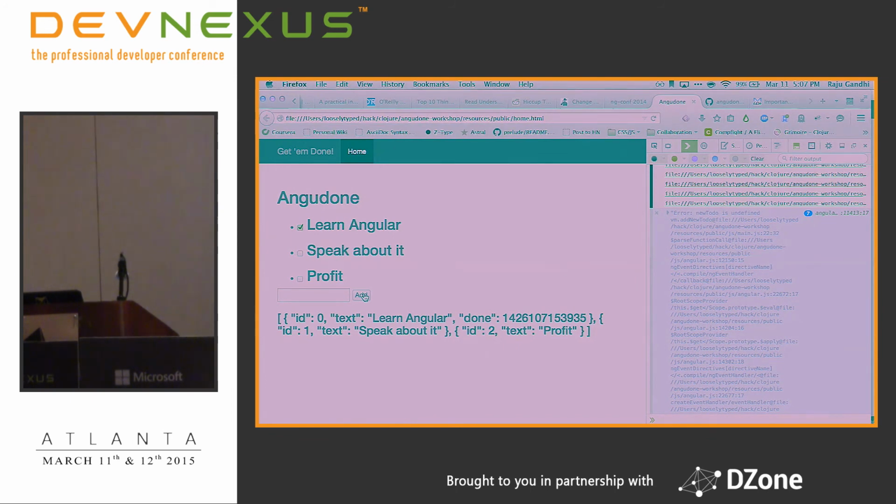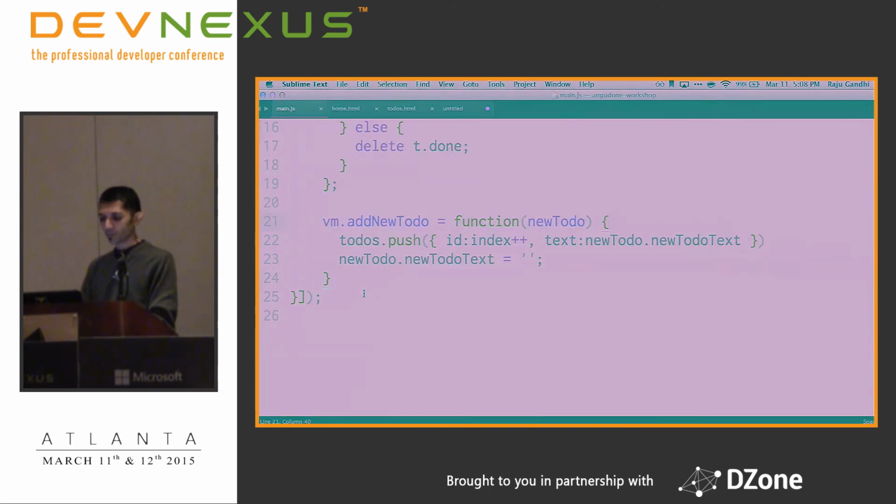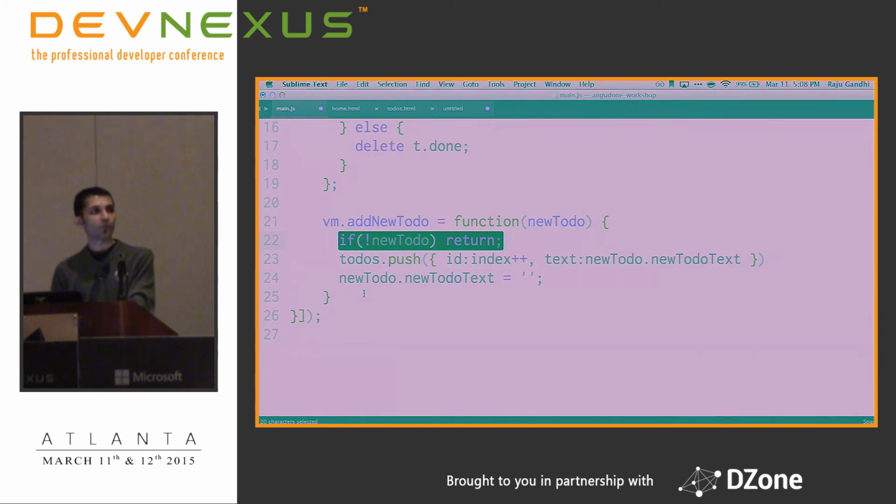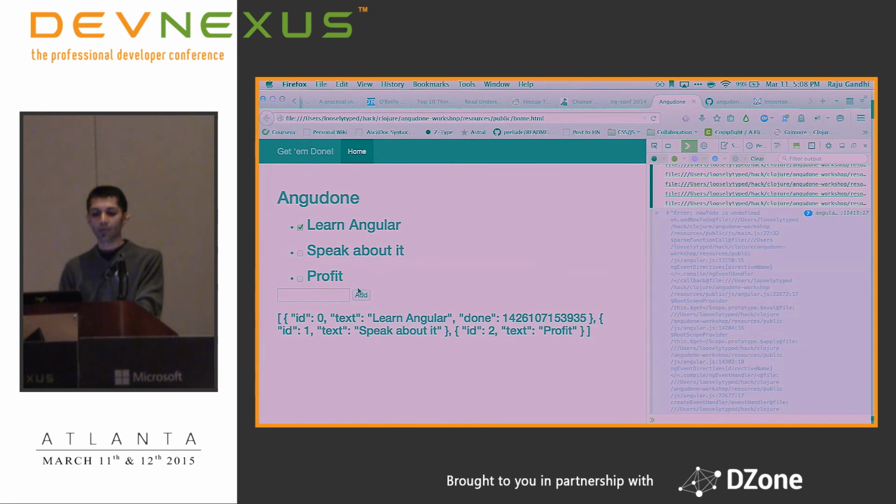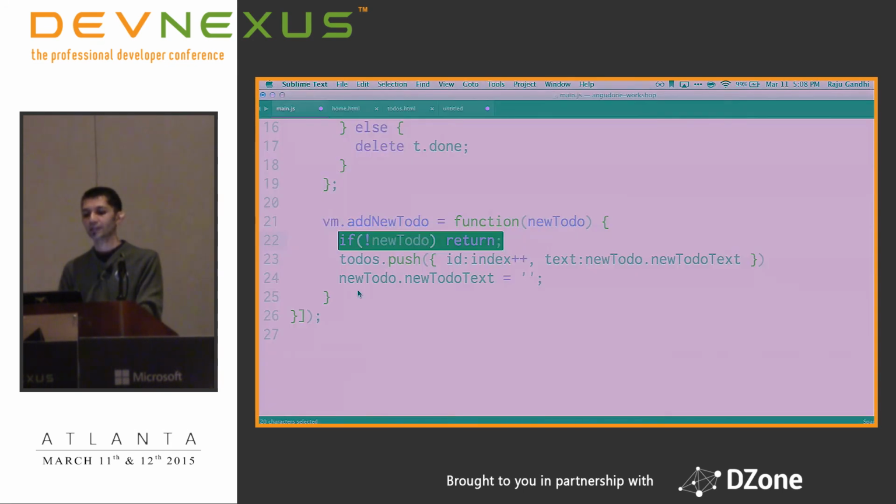Now, the use case here is if I were to do validation on this form, right? If I do validation on this form, what do I do? I could do what I just did, right? I could do something like this, right? If the to-do is not defined, then just return and the button doesn't do anything. But we can be a little bit more elaborate. What I can say